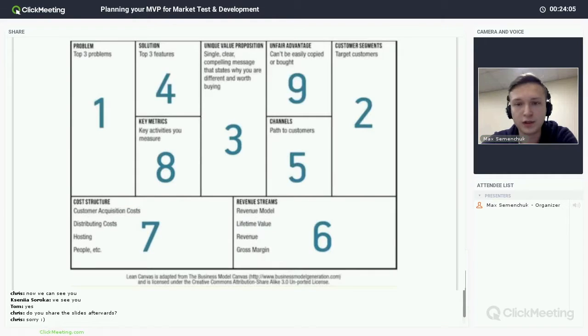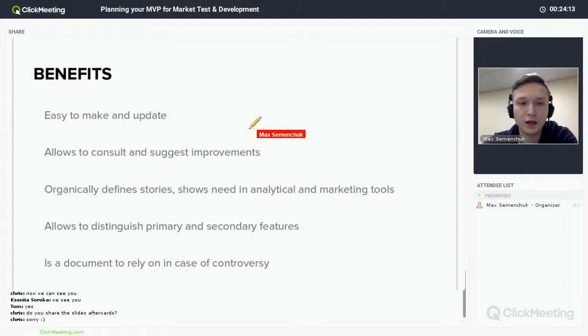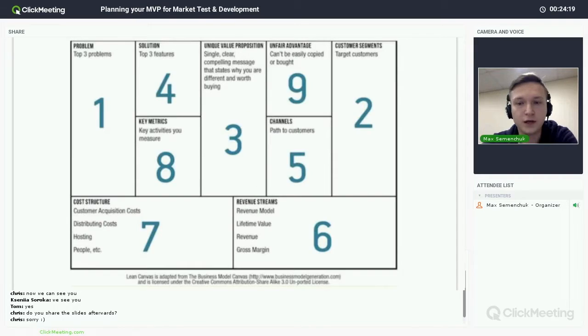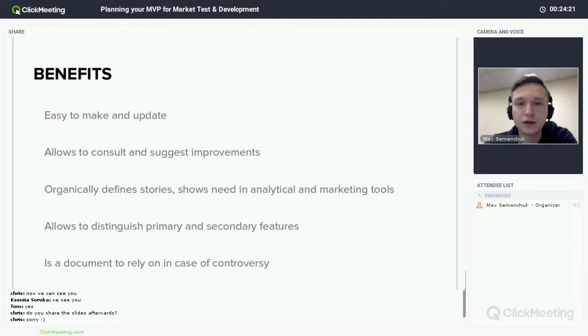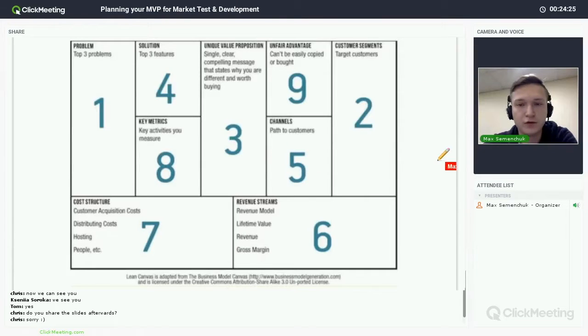All of them are good, and you can use them for your own product idea. We'll talk about how to define the problem, how to define the solution, and so on. And just to wrap up, if you write about your product in this form, you keep it to the minimum, and it will be really easy to revise.